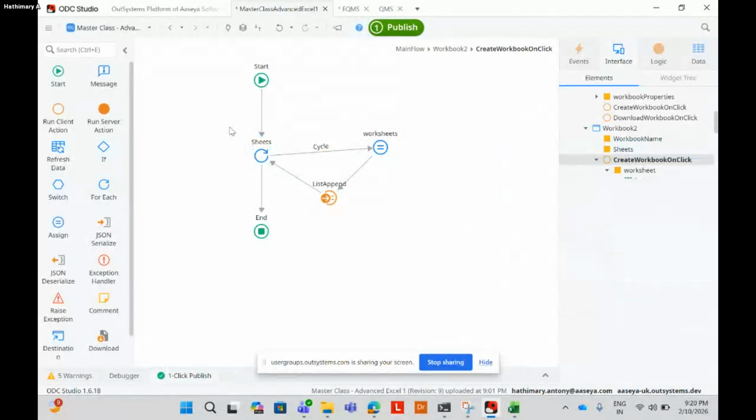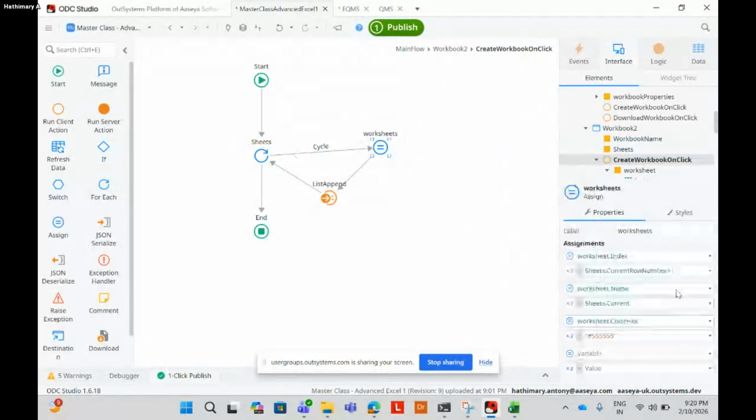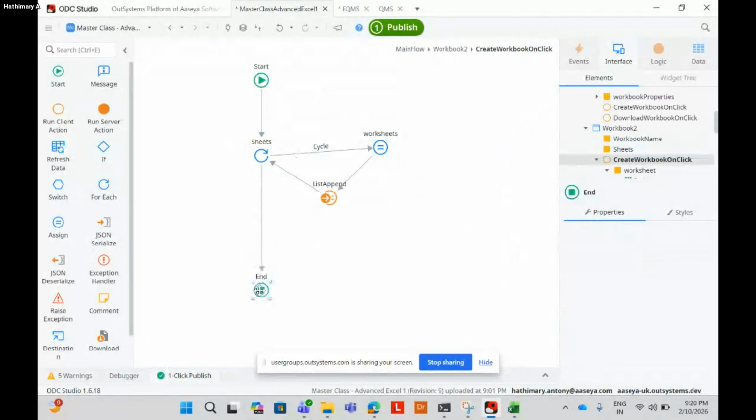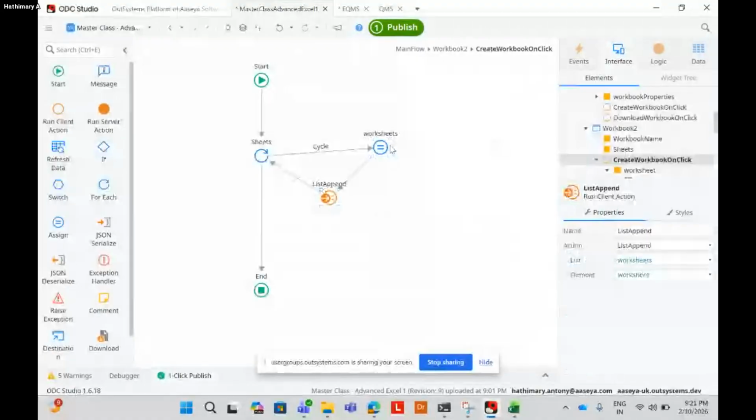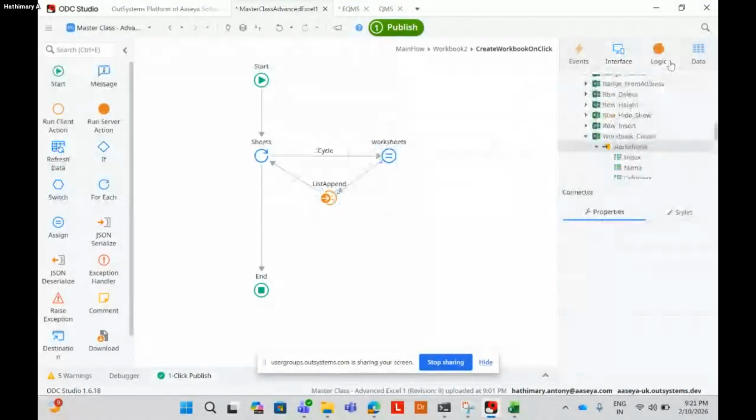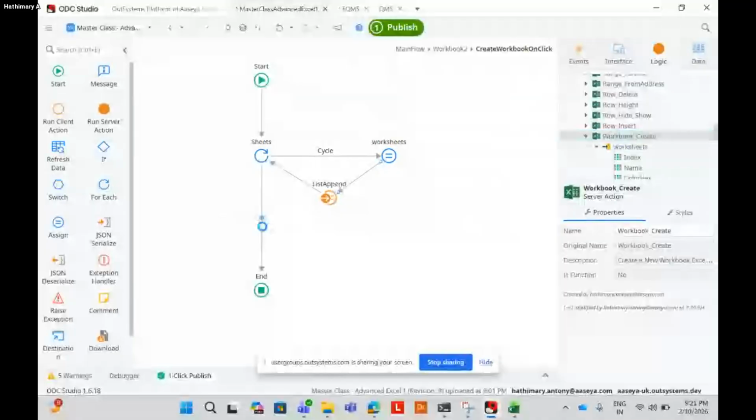I'm entering the names in the UI, so that will come here. I'm dynamically assigning the index based on the list index, and putting the name whatever the user entered from the client side. Even if you want to control the hex code, you can have a parameter for it, and then I'm appending to the sheet list. Now I will do the correction and pass the information.